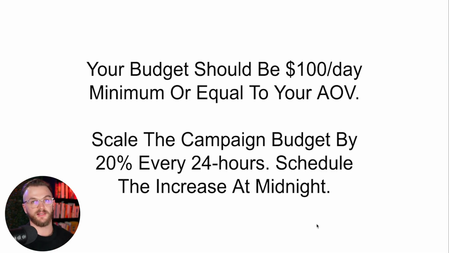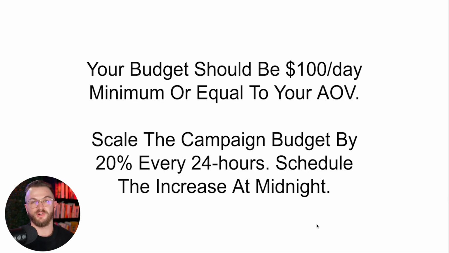And when it comes to scaling, if you're getting a really good ROAS, what's great about this is you can just increase the campaign budget without needing to increase individual ad sets and break anything. So what you can do to scale gradually without breaking anything is increase by about 20% every 24 hours. I like to keep it at even intervals. So if I'm at $100 per day, I might increase a little bit more. I might go to $150 per day, which is totally fine at lower budgets. Then I might go from 150 to 200, from 200 to 250, etc. If I'm at 300, I might go to